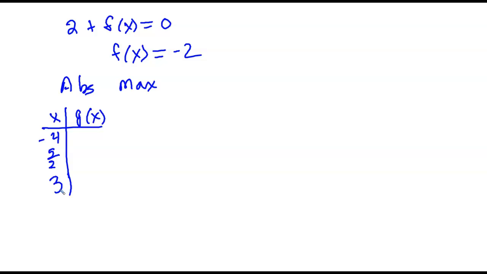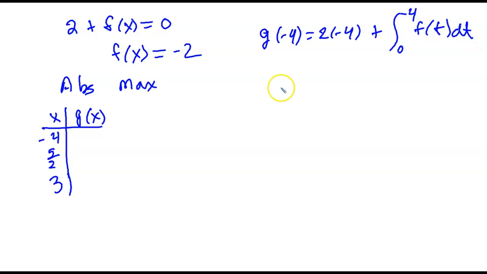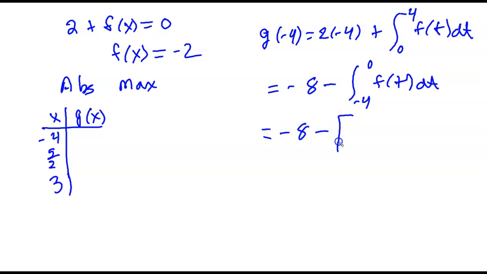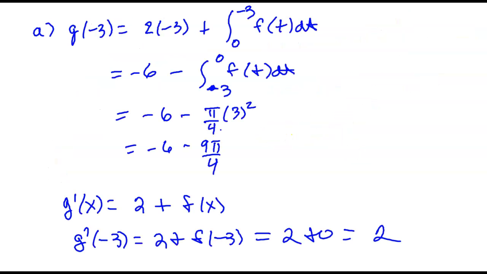So if I was to find g of negative 4, that would be 2 times negative 4 plus the integral from 0 to negative 4 of f of t dt. So this is going to be negative 8 minus, and I'm going to flip my integral around, negative 4 to 0 of f of t dt, which is going to equal negative 8 minus, okay, if I go to my